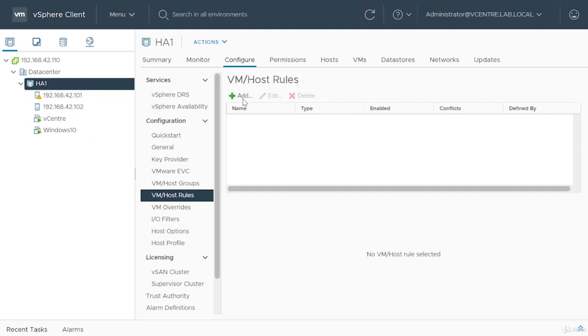In the VM host rules section, this is what is called an orchestrated restart for HA, and it allows us to make sure that VMs come up in the right order. For example, we start the database server before we start the front-end app servers. Sometimes what you will have is your application server will not operate properly if it can't communicate with the database